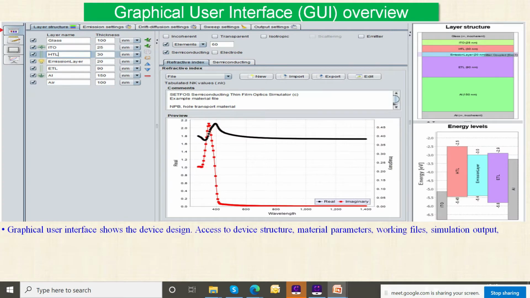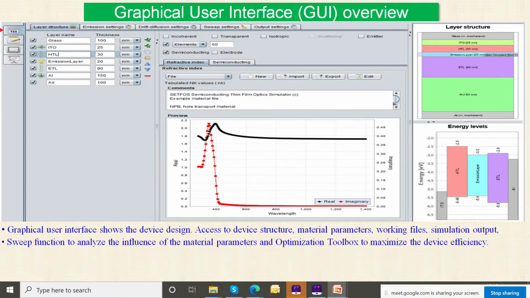Now here there is a user interface, which will show you the device structure, material parameters, input file, working simulation input file, working simulation output files, and you can sweep the functions. Suppose you would like to tune the parameters, tuning in the sense of wavelength tuning, voltage tuning, temperature tuning, current tuning, or any electrical or optical parameters.